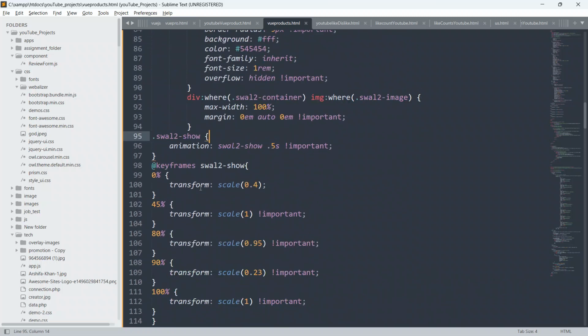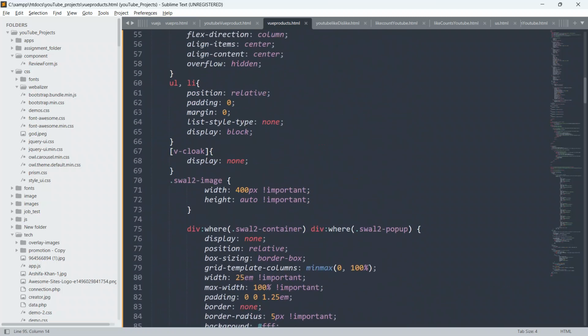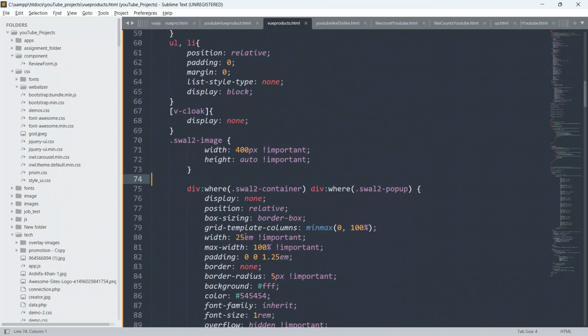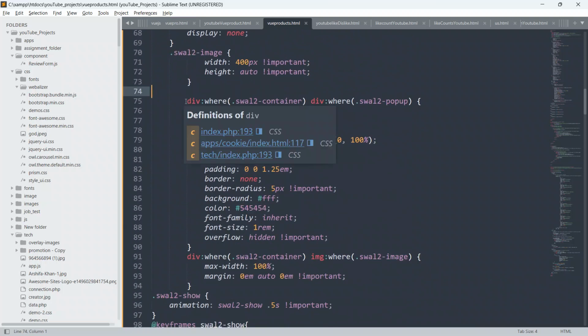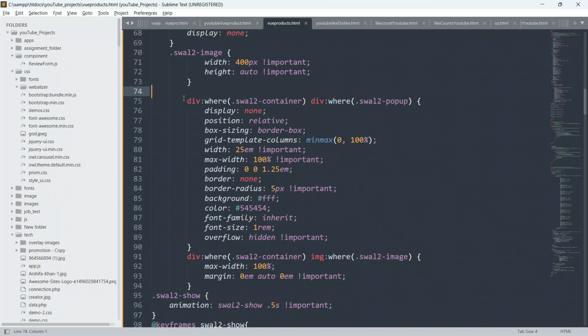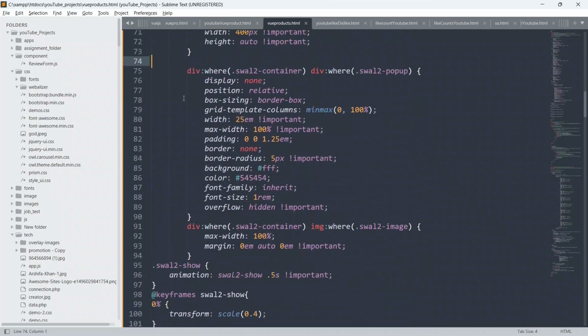So guys, I will give this CSS code in the description. I am doing this just to save our time. This is not necessary, because this is only CSS, and you can do this on your own. Right now you are learning Vue.js, and I am assuming and expecting that you know CSS also, and that you will be a CSS expert.